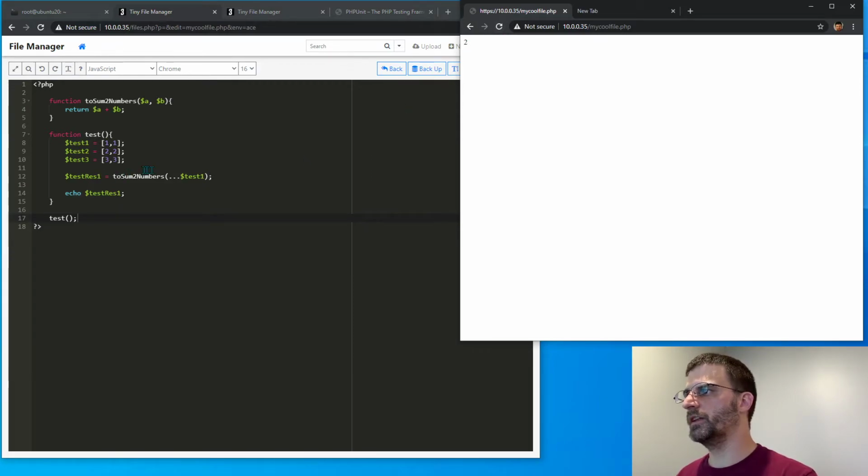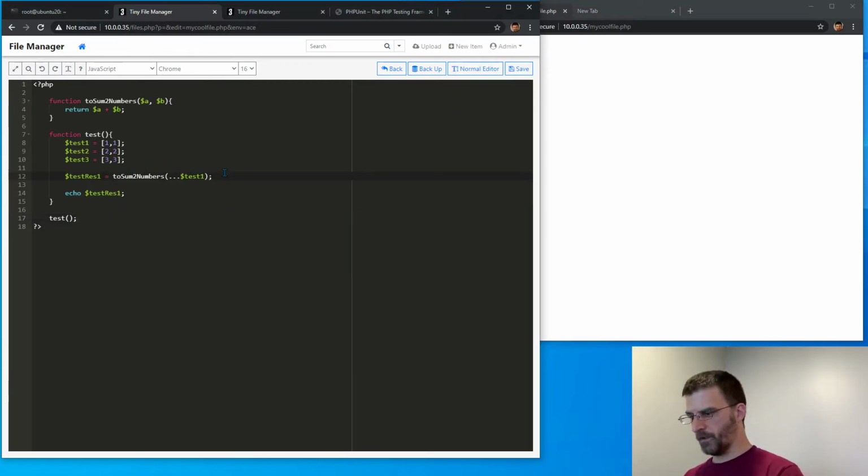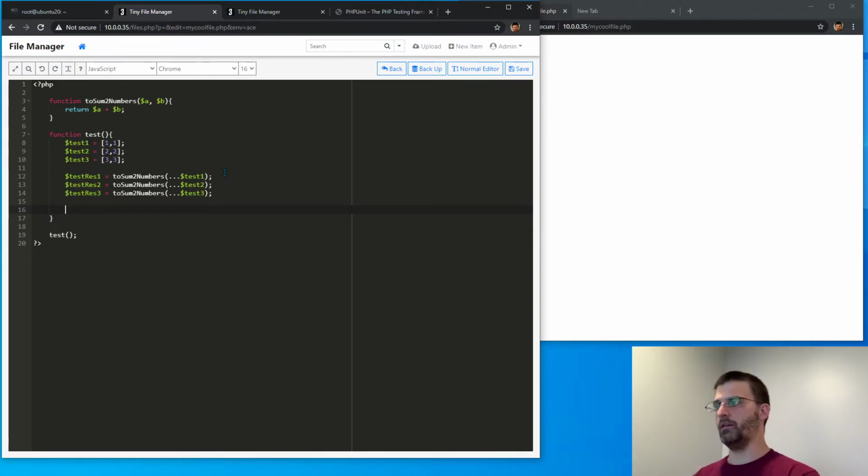Okay, so it looks like that test is working, right? Copy it, control C, and do a couple more tests. Test 2, test 3. And then we'll do some assertions. We're going to say, okay, do the results equal what I expect them to equal? So we do an if statement. If